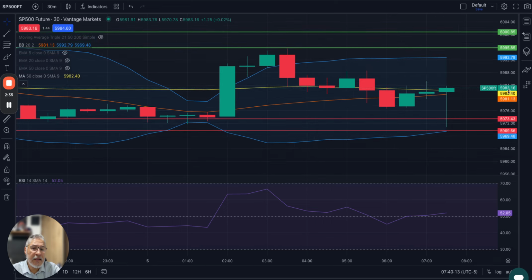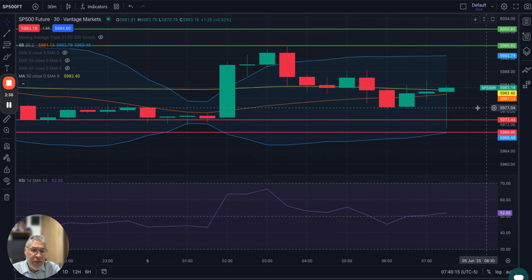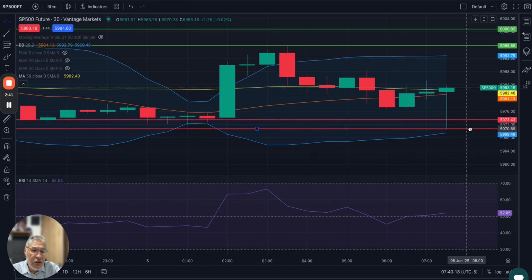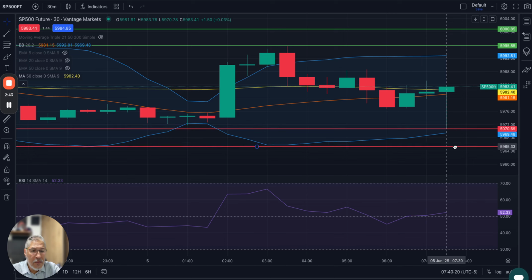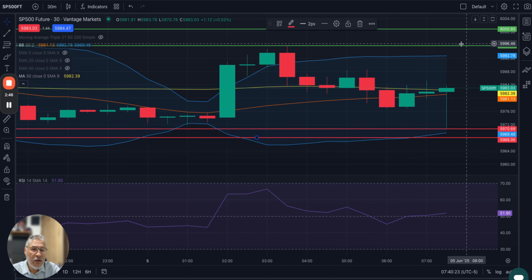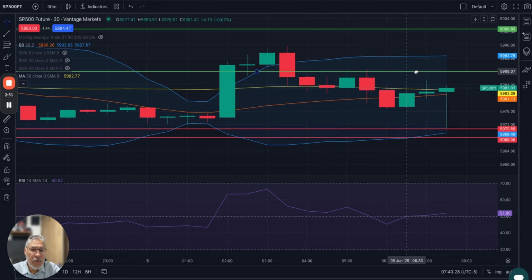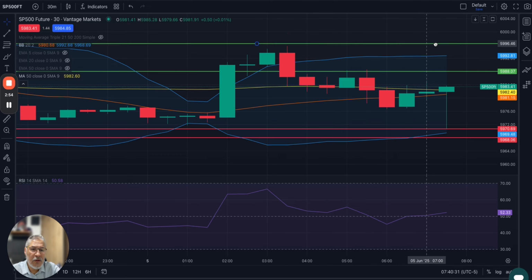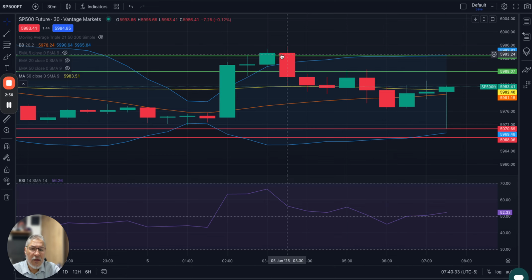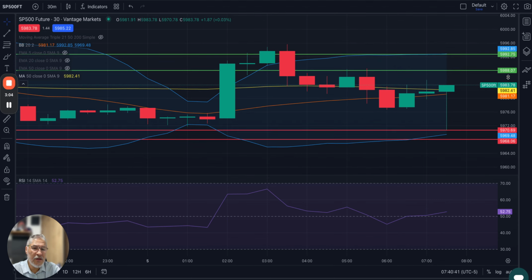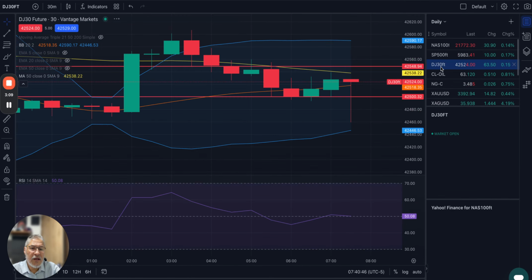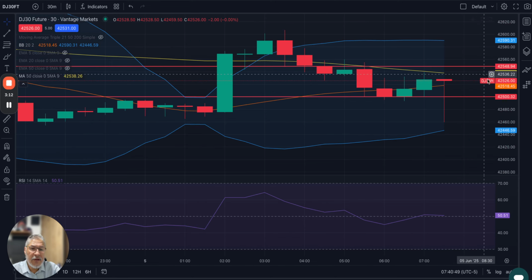Let's take a look at the S&P. We have the same particular swing low, so we want to use that as a possible level of support, and 59.88, which again is basically those two, the double top there, the previous one also, and it also coincides with the upper boundary band. So let's just use that, even though obviously it should be up here, but for argument's sake, let's leave it there for today.